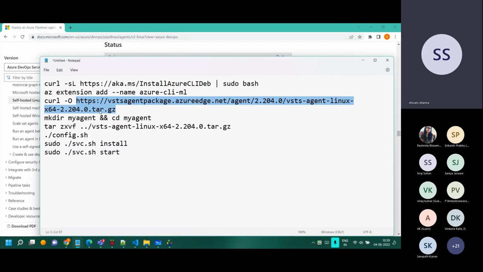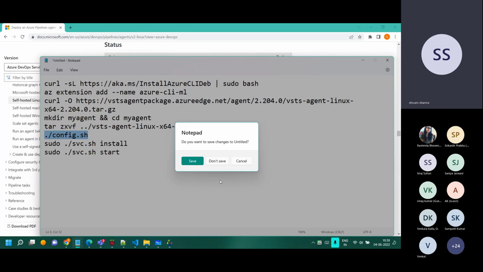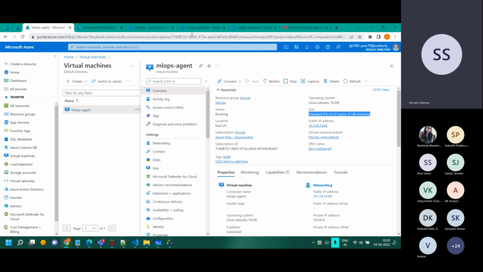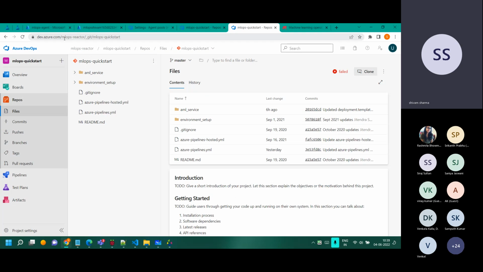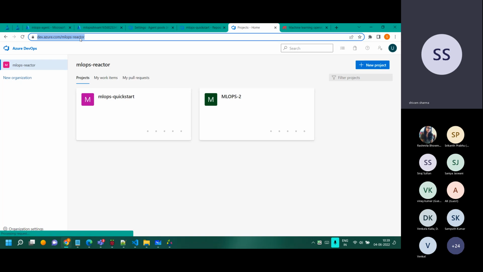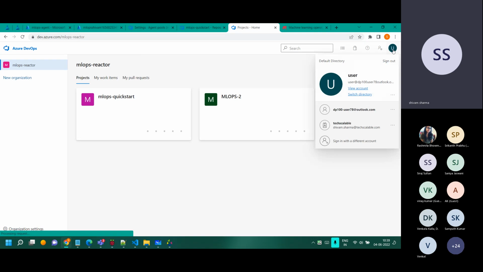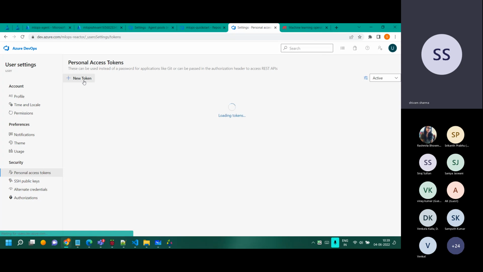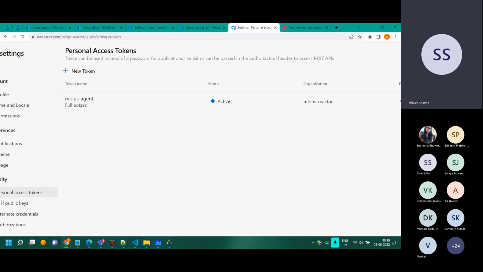Then it will register with Azure DevOps, and this is where the configuration started. Now, when you run config.sh, what will happen? It will ask for the URL of your DevOps portal. So what Wide World Importers will do is they will come and copy the URL of their DevOps portal, which basically is this URL over there. Copy and give it in the configuration when it prompts. And after that, it will also ask for the PAT token, the personal access token. So you have to come here and create this PAT token, copy the token and give it in the configuration.